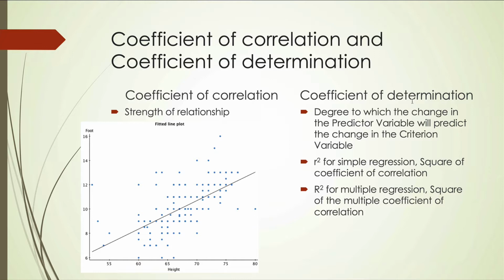The coefficient of determination is just the R-score squared. So it's the R-score squared, and that gives us the coefficient of correlation. For simple regressions, the r is lowercase. For multiple regression, you'll see it reported as a capital R, but it basically is the same thing, except in a multiple regression we're looking at how much several variables in combination predict the criterion variable. In a simple regression, with a small r, it's just looking at the relationship between one